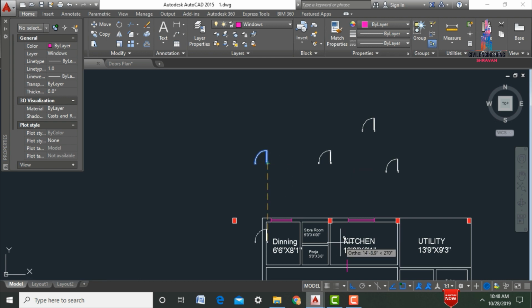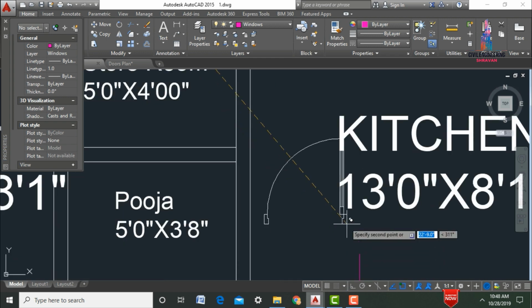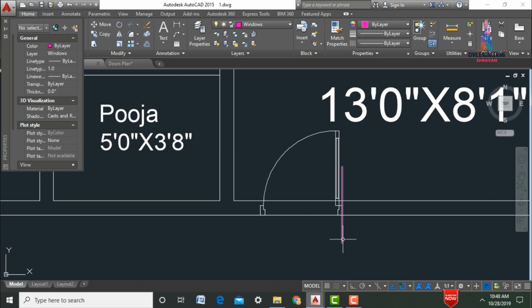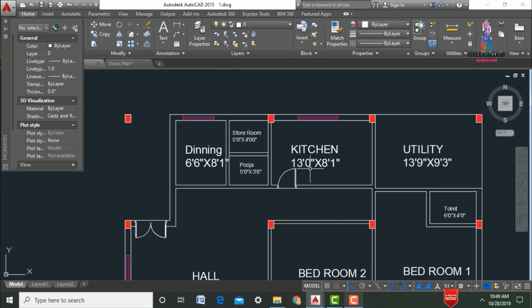Here we need to select this option. We need to insert the door at this distance here. So it will draw the door like this for this section. Select the line command initially. Click on the delete option and trim this baseline here. So it will draw the door like this. In a similar way we need to draw the doors for the remaining sections.